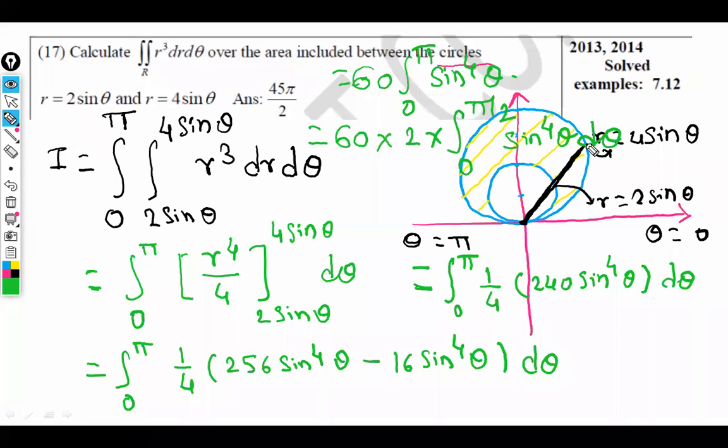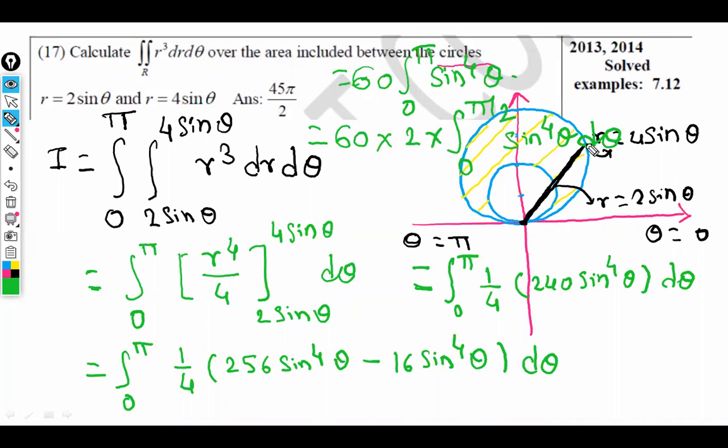So that is the simplification. Why pi by 2? It was pi, sir. Because we write 2 times: whatever integral value you get from 0 to pi, you get 2 times from 0 to pi by 2. This is a property of the definite integral. Whenever there is an even power of sine or cosine, you can write it as 2 times there.